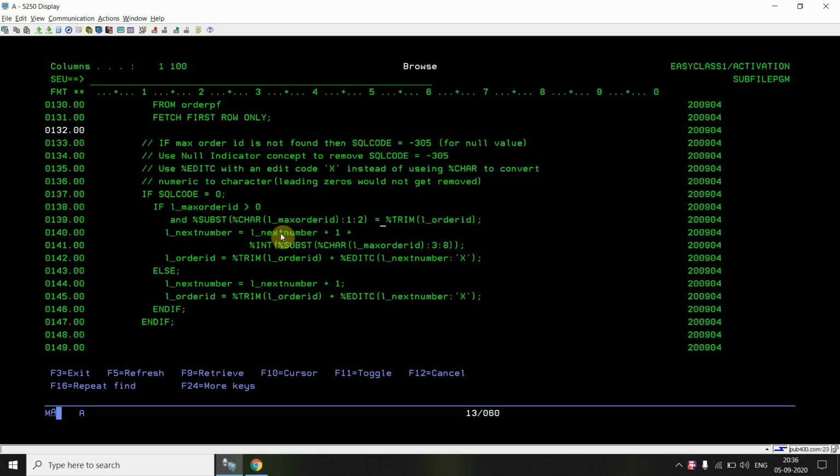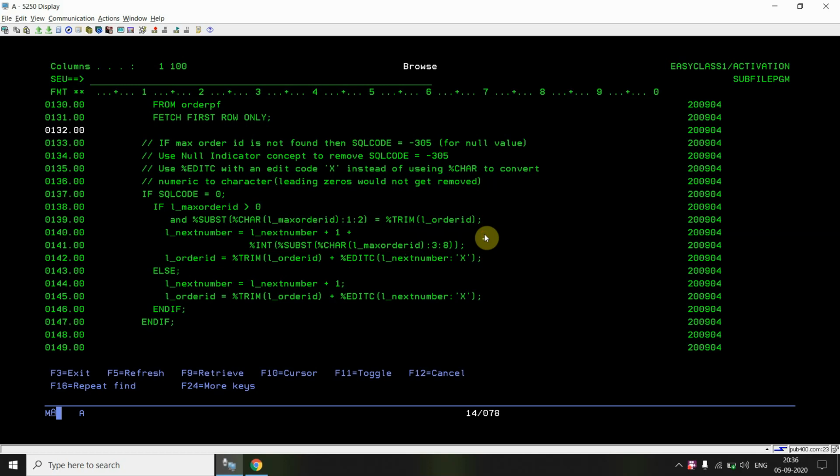It will add the next number plus 1. Now this is the thing which gets added here, the L_max_ID. I converted the L_max_ID into character, and then extracted eight positions starting from the third position, because from first till second position we have the year 20, 2021, so 21.